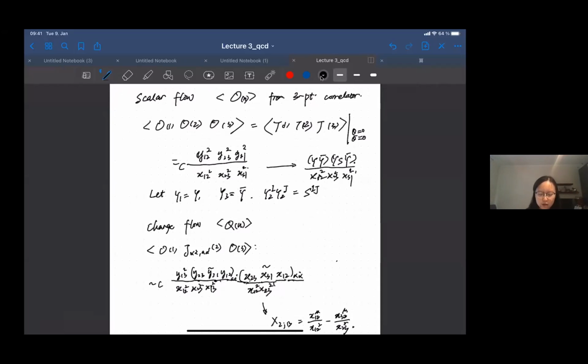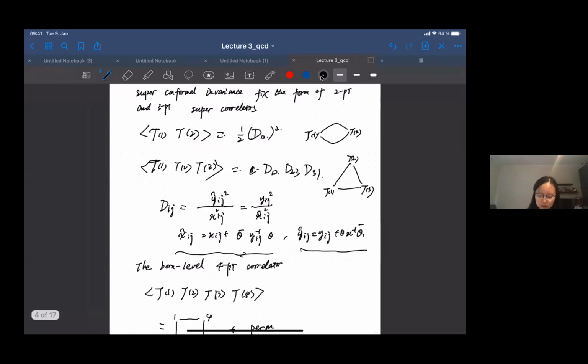So we basically just need to compute these 3-point correlation functions of 3 identical scalar operators. It is given by this 3-point supercorrelator by setting theta and theta bar equal to 0. Remember that this O is the lowest component of T. So T has this expansion like O plus theta theta bar J plus so on. The lowest component O can simply be obtained by setting all the thetas to 0. Doing so means that if you look at this expression, you simply throw away these terms and you get